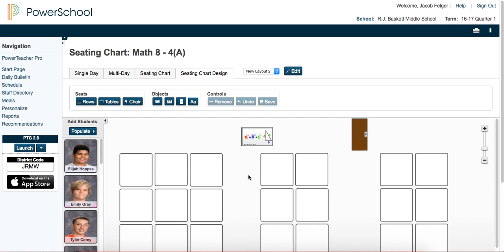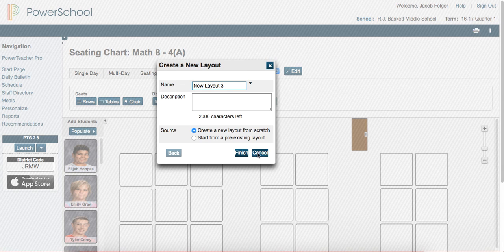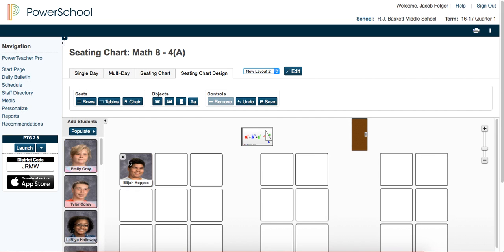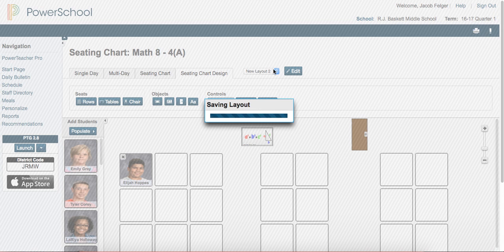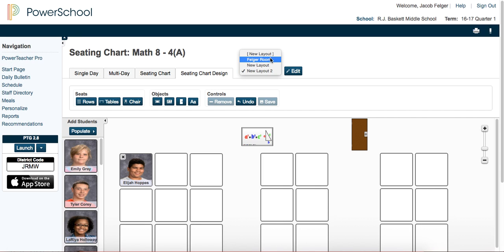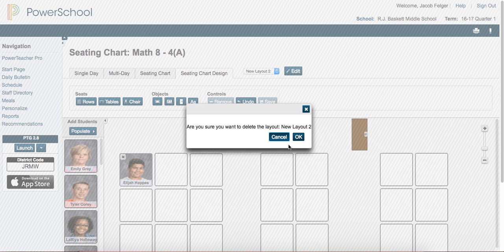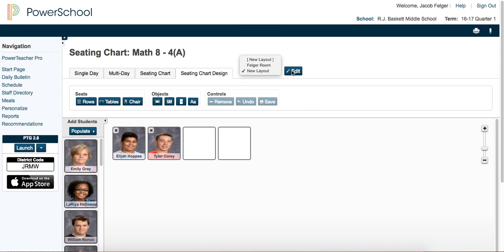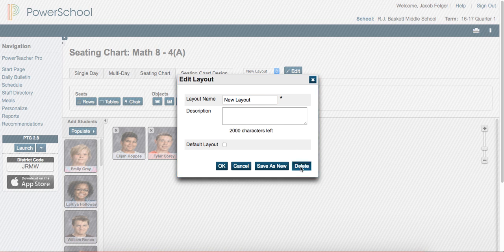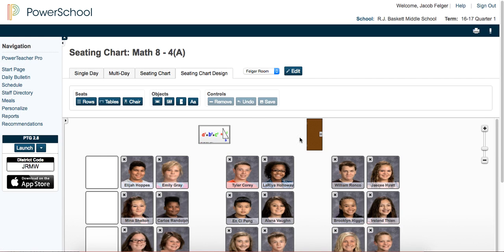And so as I go from class to class to class, I'm not dragging out new chairs every time. I'm simply copying in a new layout by using a pre-existing one. And then I can drag in my students and hit save. So now I actually have 3 different layouts in this class. If I had 3 different ways I wanted my kids to sit, and maybe I don't want this one anymore, I can just edit and delete. And edit and delete. So this is a useful feature of PowerTeacher or PowerSchool,